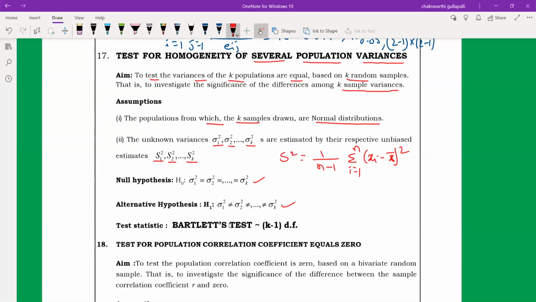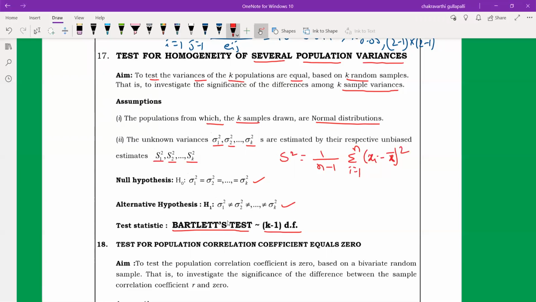So this is purely an advanced technique at PG level and in other research works. You have to take this Bartlett test. You have to study the complete information about this test at PG level. Here I just have to mention which test is suitable for several population variances. This is a main bit for the nationwide universities. For several population variances you have to use the Bartlett test. This follows k minus 1 degrees of freedom.